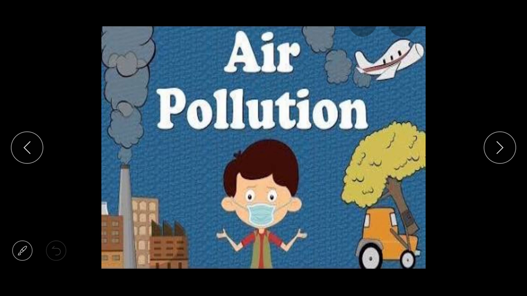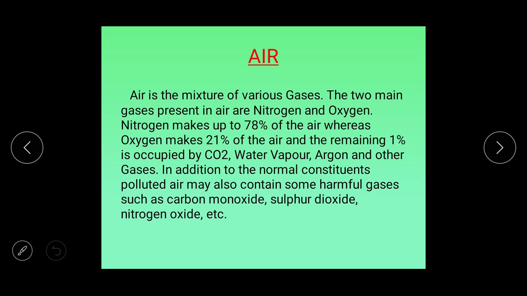So, students, I am coming to the main topic, that is air pollution. Before going into detail about air pollution, we should know about air and its properties. Air is a mixture of various gases. The two main gases present in air are nitrogen and oxygen. Nitrogen makes up 78% of the air, whereas oxygen makes up 21% of the air, and the remaining 1% is